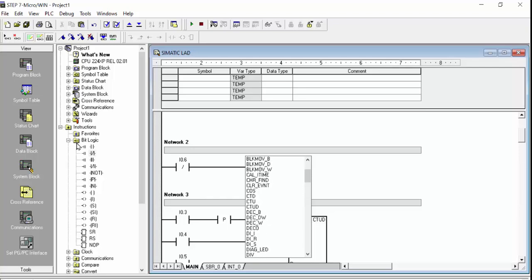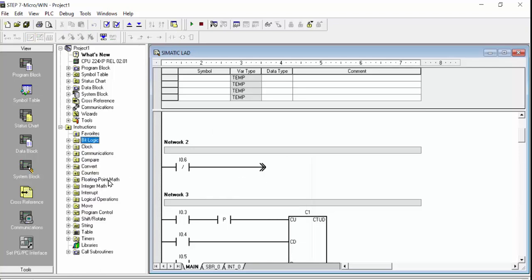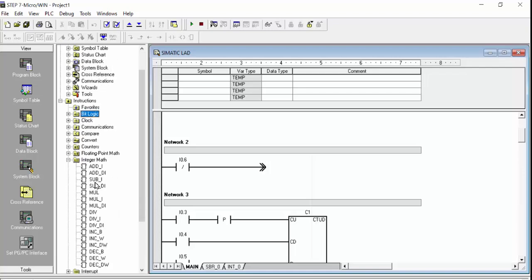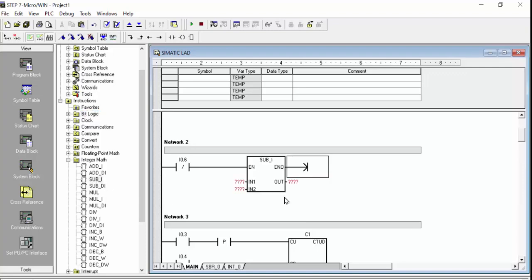If you can't find it here in this dialog box, you can go into the integer math. Here you can see this is addition and this is subtraction command, and this address same, I will give C0,